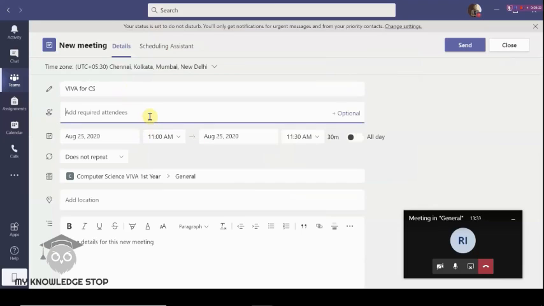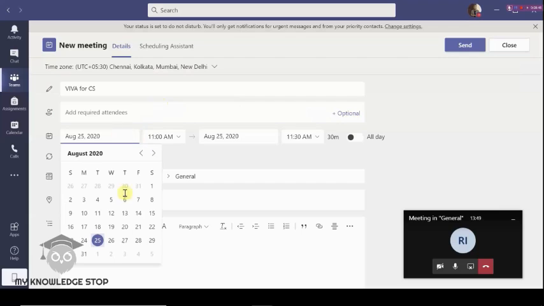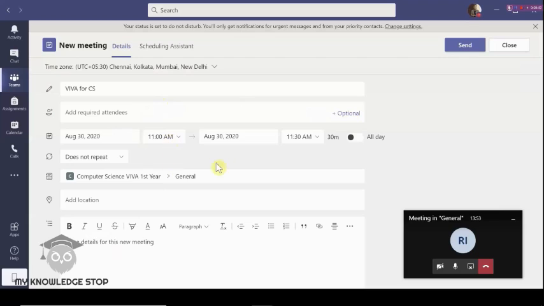And suppose someone is not added in the classroom, but I want to add them. Suppose I want to add Bora sir so that he can monitor this. You can go for this add attendees. So I can just type in, and then that person might be added only for that particular meeting. But anyway, I think that is not required. So what we will do now is schedule the exam on the 30th. So we'll put it on 30. And then let's say it's 11, no problem.